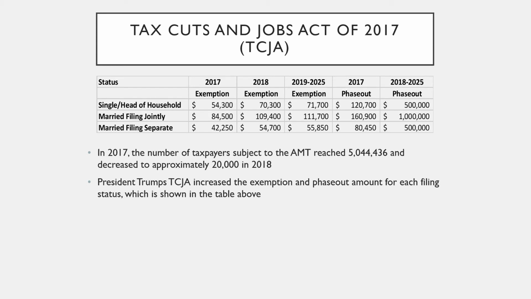Observe the significant increases in the exemption amounts. They all increased progressively year to year, and will stand still from 2019 to 2025 unless the president decides or feels the need to increase those exemptions even further. So the increases are the main reason for the significant reduction in the number of taxpayers subject to the AMT in 2018 once again.